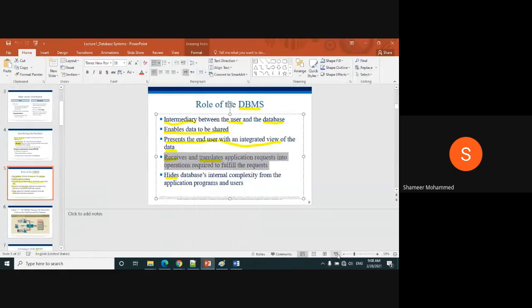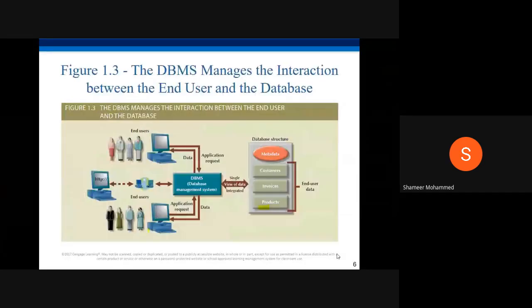So in the next slide, you can see a picture like this. Whatever I am drawing, they are showing you like this. Here you can see who the end user is. This is the end user who is going to use it. It can be you, a teacher, an administration staff, or a registration staff.